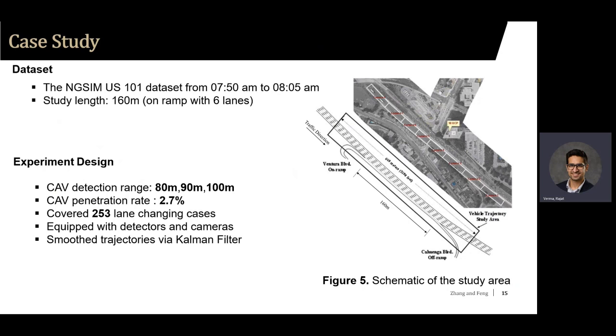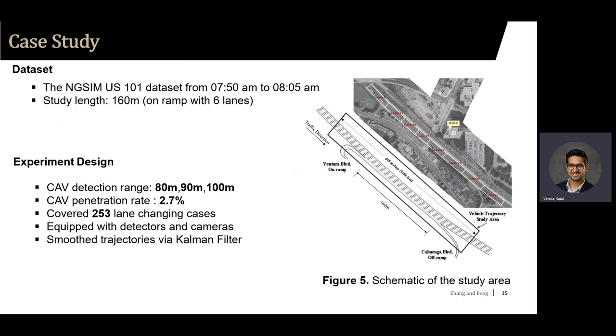And we have a very low penetration rate of the CVs, around 2.7%, which covers the 253 lane change cases. Before we use the NGSIM US101 data set, we need to smooth the trajectory by